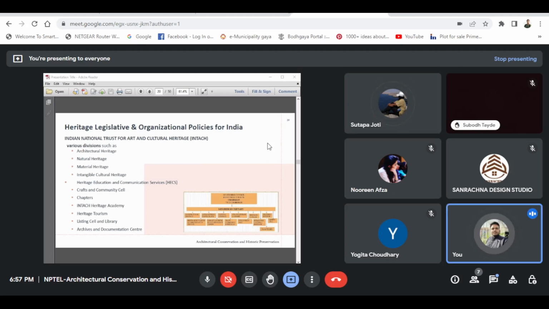Correct. If any building is being declared as heritage by the government, then the owner of the building will get incentives in terms of annual maintenance for that building. Else, the owner has the right or the opportunity to just leave the building. And they will get a handsome amount in compensation for that building, and then the government will take over that building